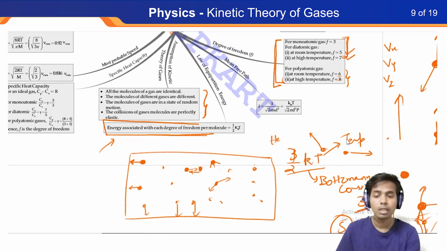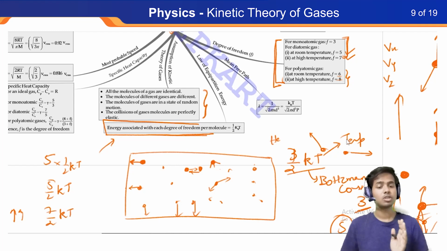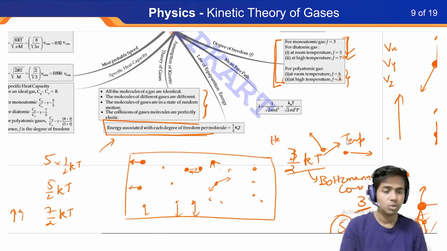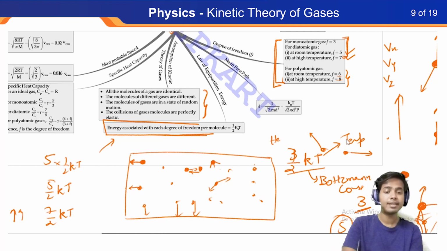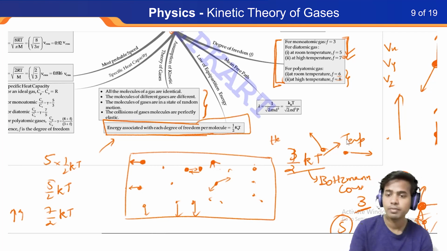For a diatomic particle at normal temperature, it will be simply 5 into half kT, 5 by 2 kT. For higher temperature, for diatomic particles, it will be 7 by 2 kT, where k is the same Boltzmann constant and T the temperature, and the only thing is 7 by 2 or 5 by 2 depending on the degrees of freedom. So each degree of freedom will have energy equal to half kT. Alright. Now this will result in some interesting observations,